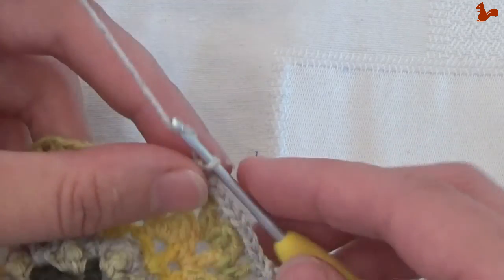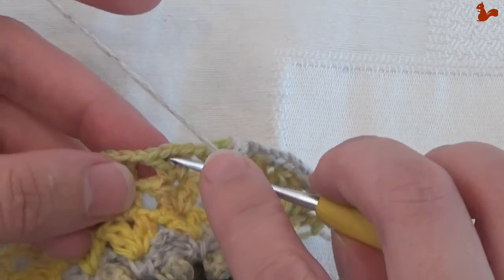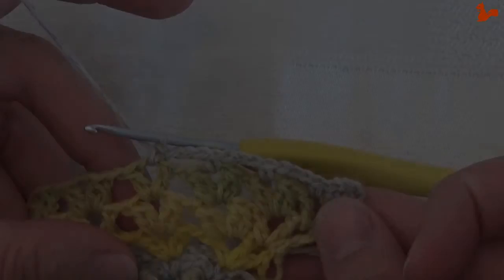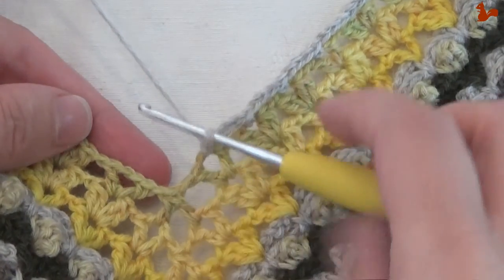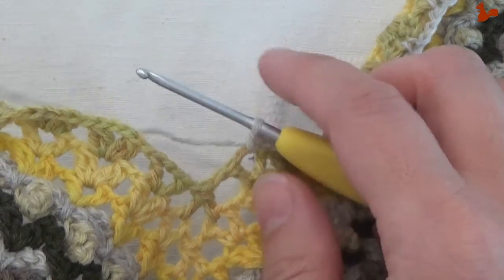Now this was twice. Going to do this 12 times, and that will bring you to the valley between your first two motifs, and that's when I'll see you back. I've done the repeat 12 times, and this is where you're at. You're at the valley between the first and the second